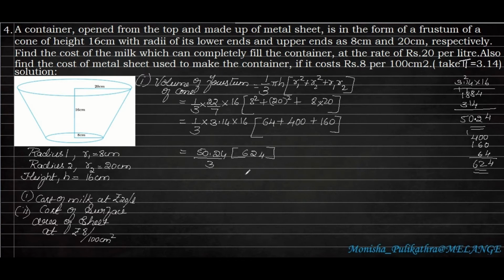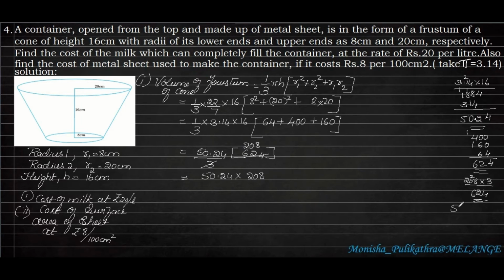So 624, we can divide this one by 3. So 3 2s are 6 and 3 8s are 24. So you can just go through this multiplication also. 3 8s are 24. Here 2 comes. 3 into 0 is 0. So 2 will be retained here and 3 2s are 6. So it is not 28. 3 2s are 6 and 3 8s are 24 will come. So 3 into 28 is some different answer. Okay. So 3 into 208 you have to take. So 50.24 into 208 you have to multiply now.